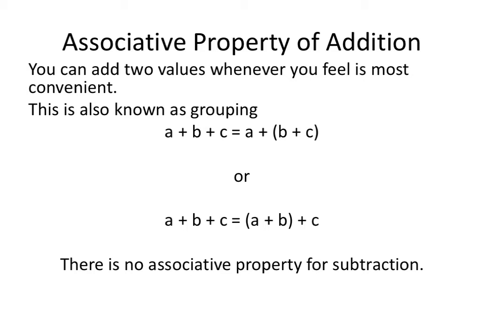Now, again, there's no associative property for subtraction because, well, it has to do with how the subtraction sign affects the parentheses, but that's a different story, okay? But it does work for addition. So if you see addition, you can choose to group any of the 2 numbers. And again, we're only showing 3 values here, but it could be 4 values or 5 or 6 values. It doesn't matter. You can choose to group any 2 values that you'd like at any time,